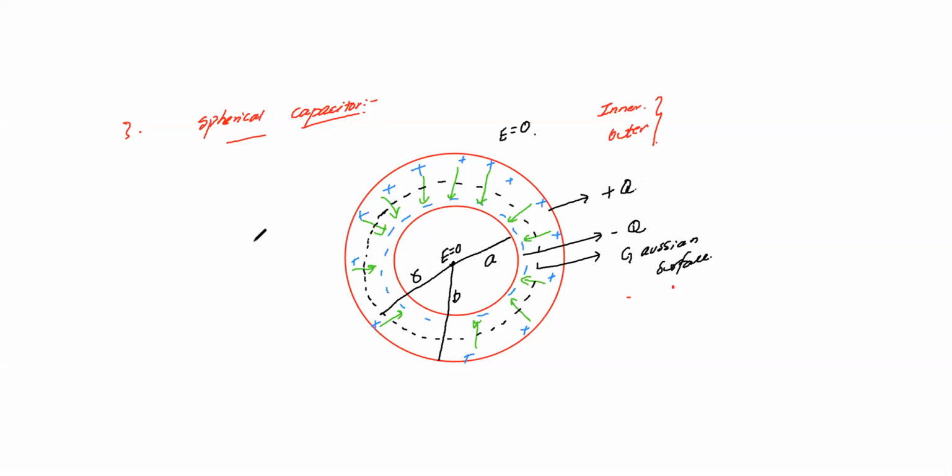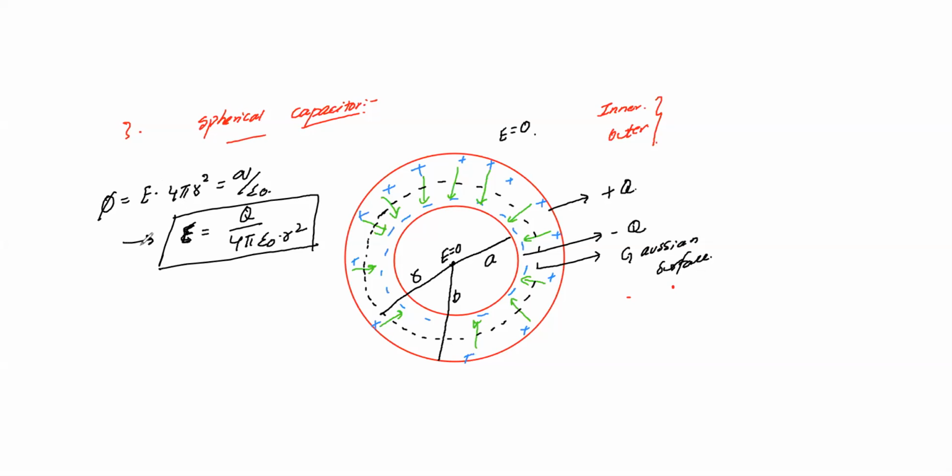We know that Gauss law is the closed integral of E into dS is equal to q by epsilon. And we know that flux phi is equal to electric field E into area. The area for the Gaussian surface is 4 pi r square, so E into 4 pi r square is equal to q by epsilon naught. We already know this relation. Or I can write it as electric field E is equal to q by 4 pi epsilon naught into r square. I'll take this as the first equation.